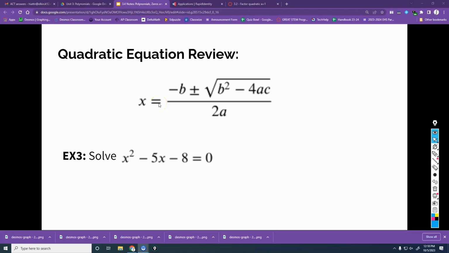This is Math 2, where you learn the quadratic equation. You might have learned a song. There are many, many songs out there. I don't know who taught it to you or what you may have learned there. But I would put the quadratic equation on my note card because,